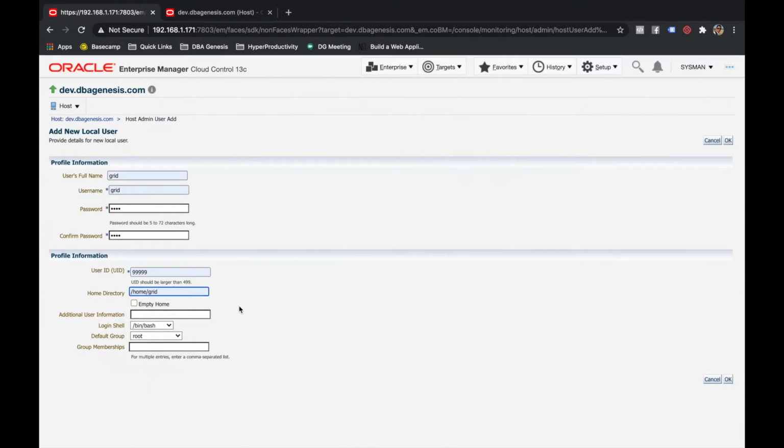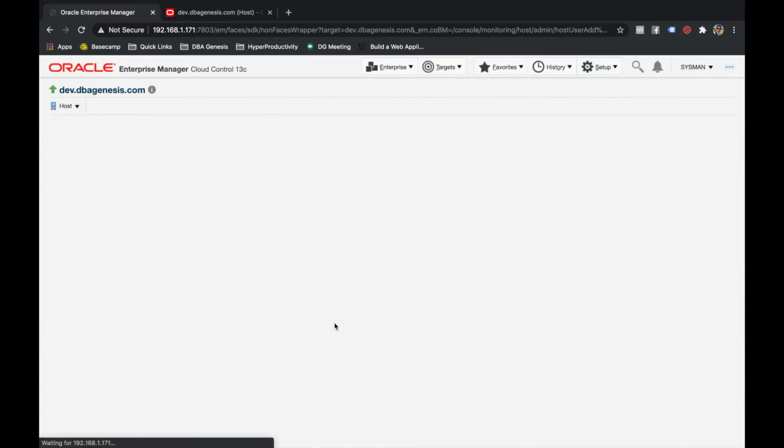Perfect. Rest all looks fine. And group membership, let's say you want to assign it to some group like oinstall, DBA, XYZ. So all the groups that you want to add this user to, you can assign them separated by commas. And then just click on OK.